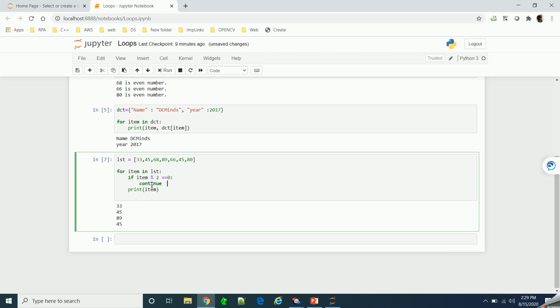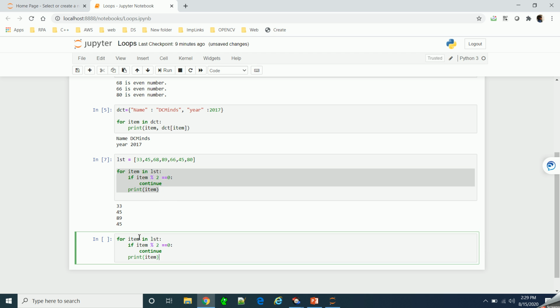Another statement is called break. We'll use the same example here. While printing all the elements in the list, whenever we find an even number, we want to stop.